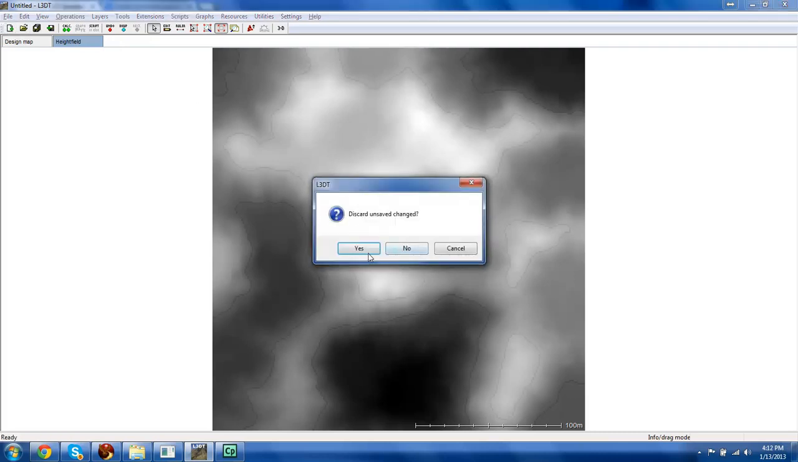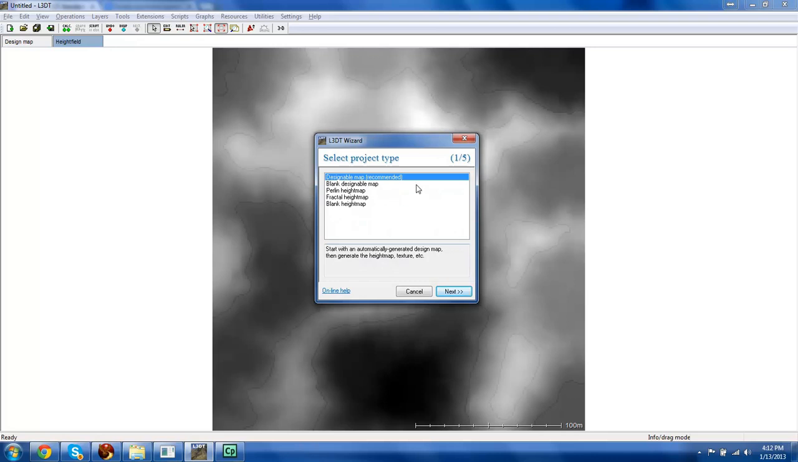The program looks kind of like this, but when you get it, first thing that you'll probably see is this. You can select to do a designable map. If at the beginning it asks if you would like to go through the tutorial section, you can if you want. It's an in-depth tutorial on a lot of the more advanced features of L3DT. We won't be using all those features in this video, so you can feel free to skip that if you don't want to go all the way through. Right now we're going to do a designable map,